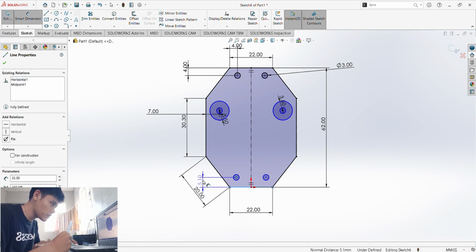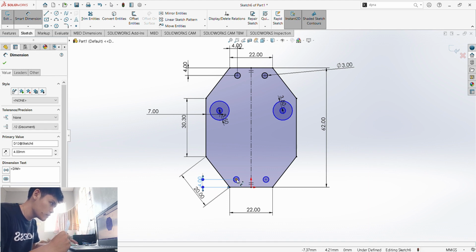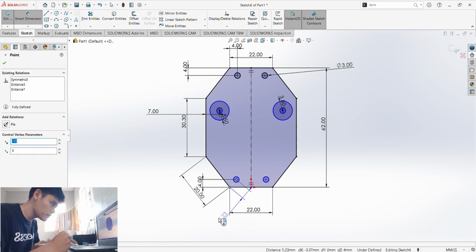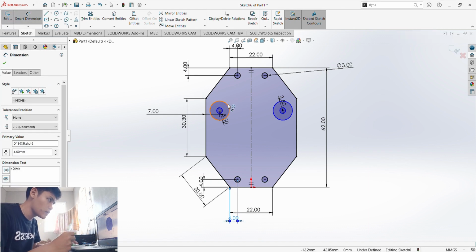This one should have 4.2, and 4. Okay, and then that's 7, that's 3.5. Then we have 13.50.